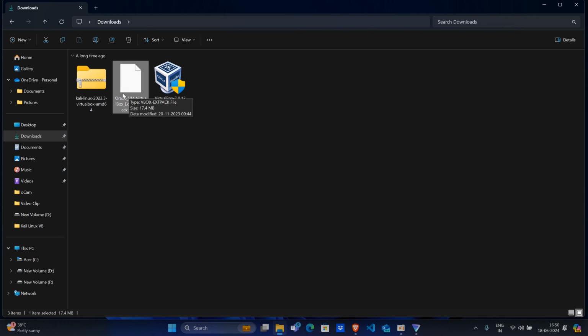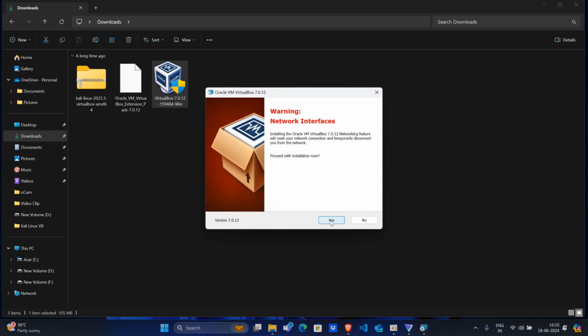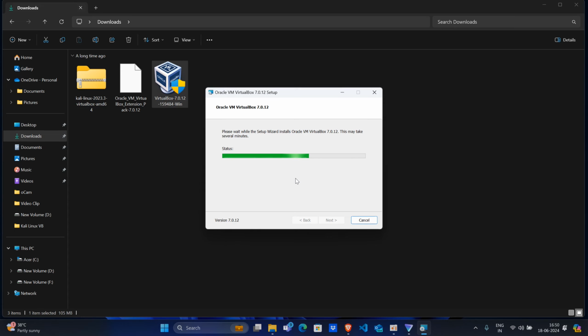The reason for that, this is an extension made to work with the VirtualBox. So if the VirtualBox is not installed, it should just look white like this. So I'm going to install the visualization software, VirtualBox. Click yes, and just next, and then install, and it should just take some seconds to install,